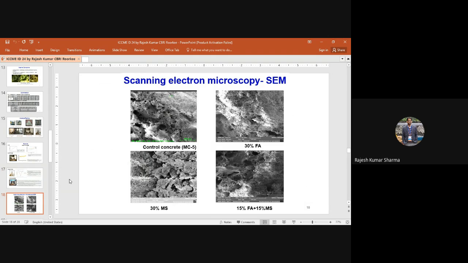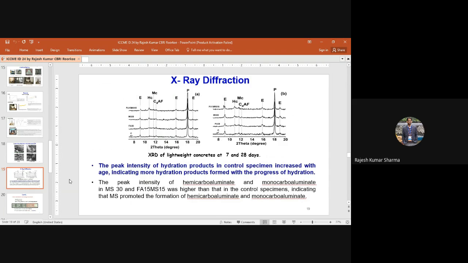Now we have selected mix MC5, and we have replaced cement with fly ash and marble slurry, and we have found that with replacement of cement up to 15% of fly ash and marble slurry, the microstructure was compact and dense. Through XRD, we have found that the phases, that is hemicarboaluminate and monocarboaluminate, were made by adding fly ash and marble slurry up to 15 to 30%, which promotes the formation